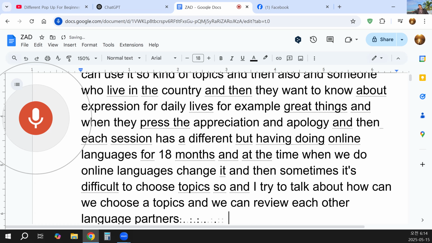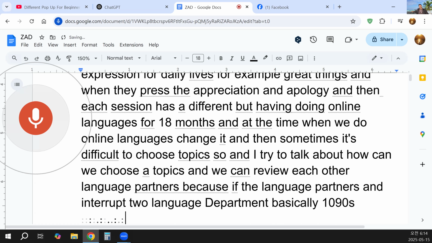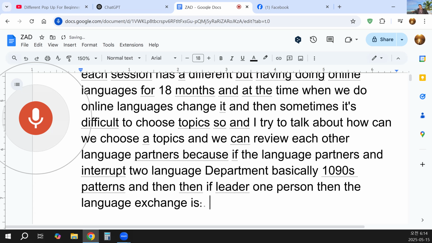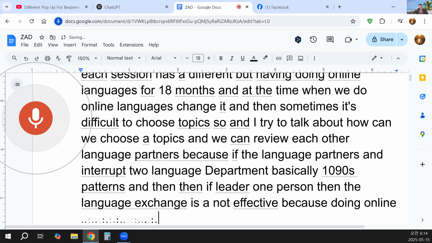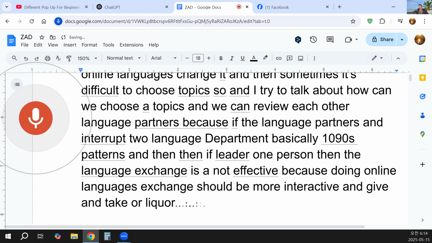With two language partners, basically one-on-one, if only one person leads, the language exchange is not effective, because online language exchange should be more interactive, with give and take, or request and